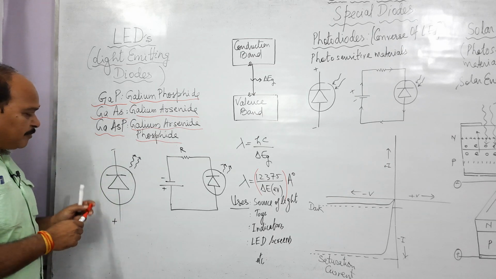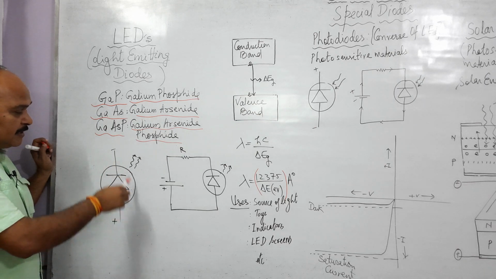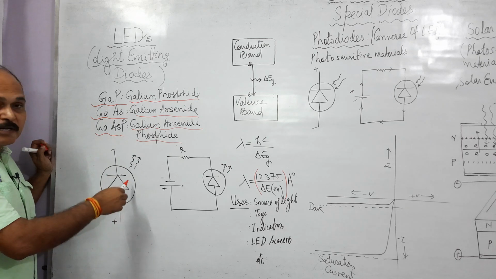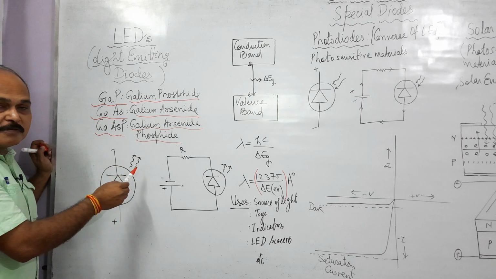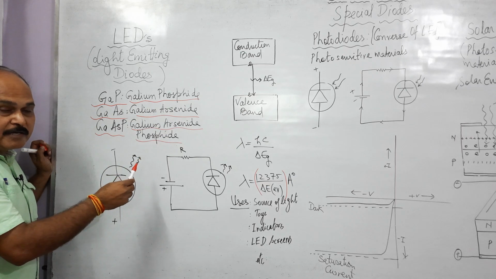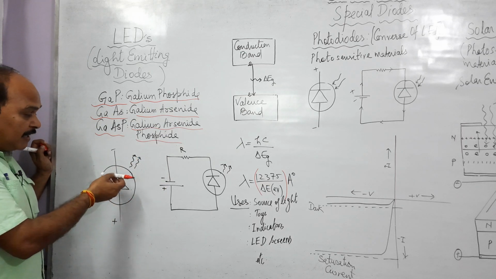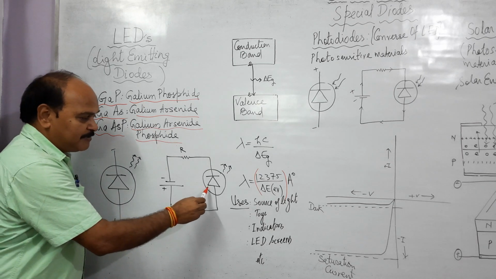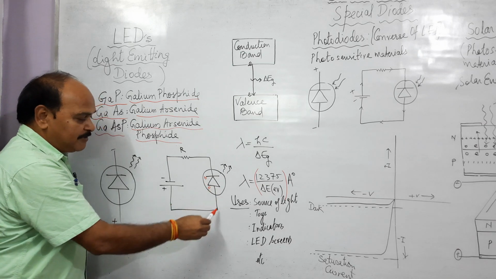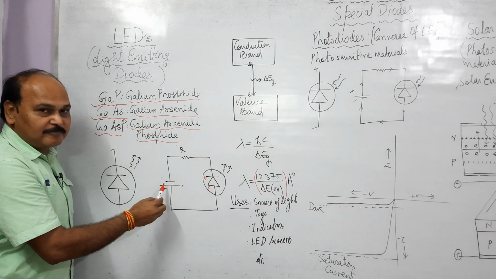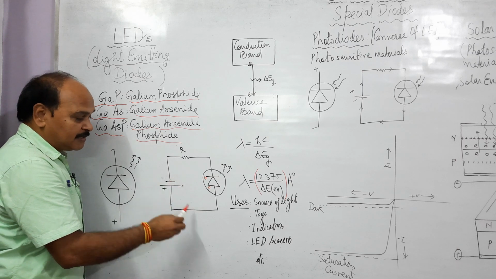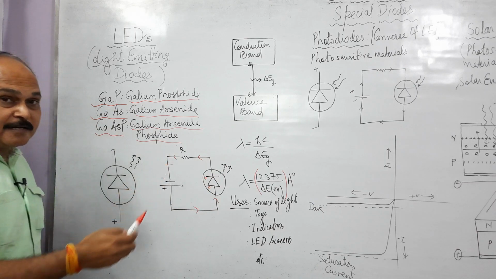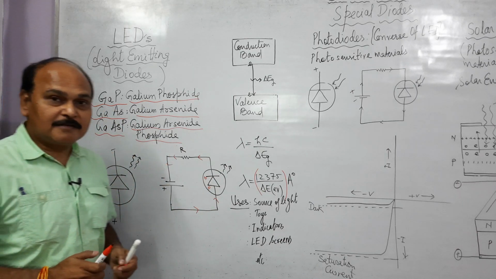Well, this is the symbolic representation. That's how we represent an LED in an electrical circuit. This is the diode. We encircle this diode and we make two arrows coming out. These two arrows coming out symbolically represent the electromagnetic waves given out by this diode. This is the P side of the diode, this is the N side of the diode, and see, P is connected with positive, N is connected with negative. So this is a forward bias diode, and when it conducts in forward bias, energy is liberated from the junction, and as a result, the diode starts glowing.